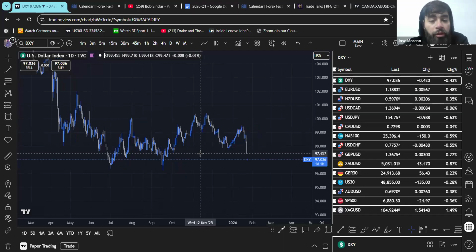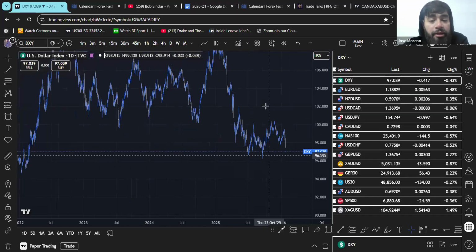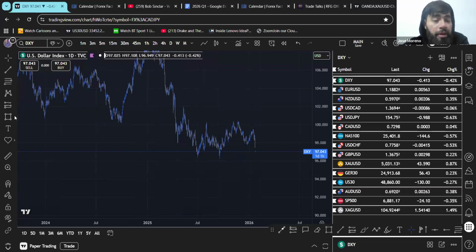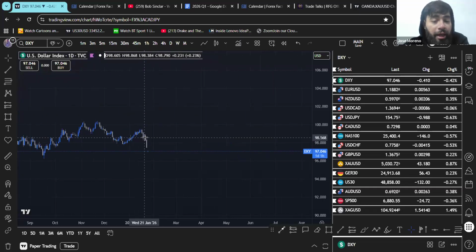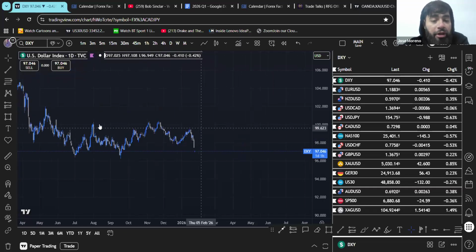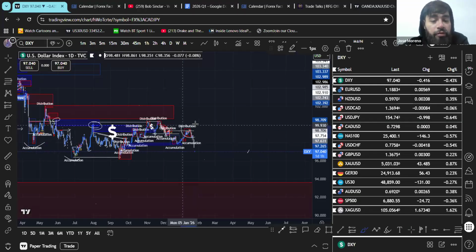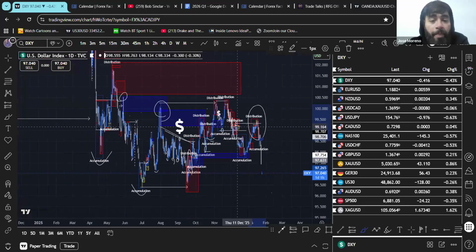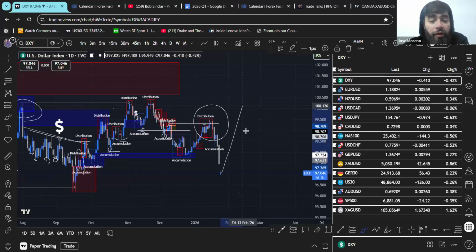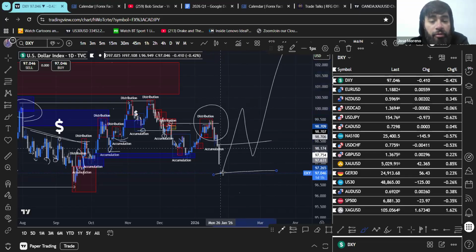So the only thing that could really convince me to continue to buy this would be a very sharp reaction all the way up and basically past the previous redistribution. And the previous redistribution is all the way up here, right? So I would want to see price break that order flow, and then maybe we can look for follow-ups inside of here. If this does end up being a sweep and we do end up recovering really hard, then maybe we can look to follow up, right?